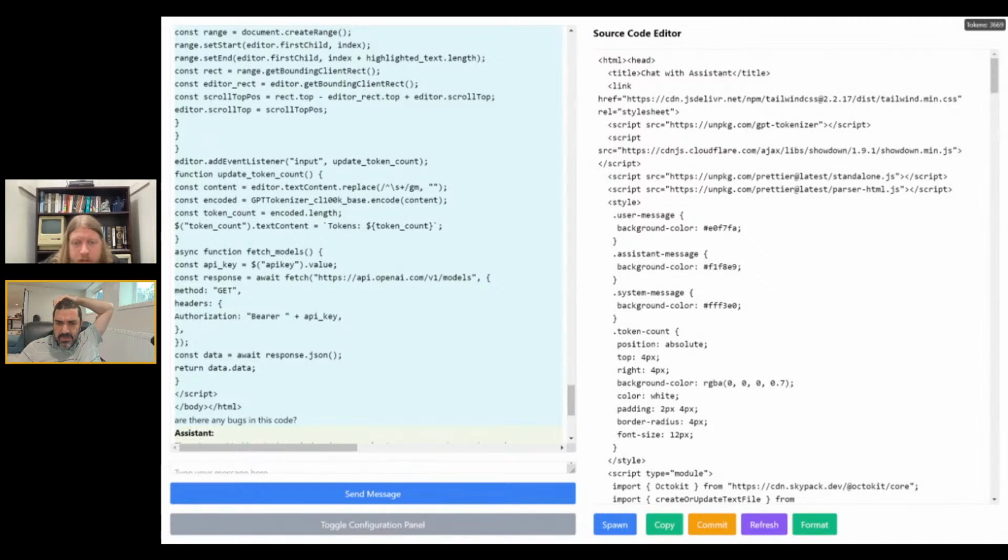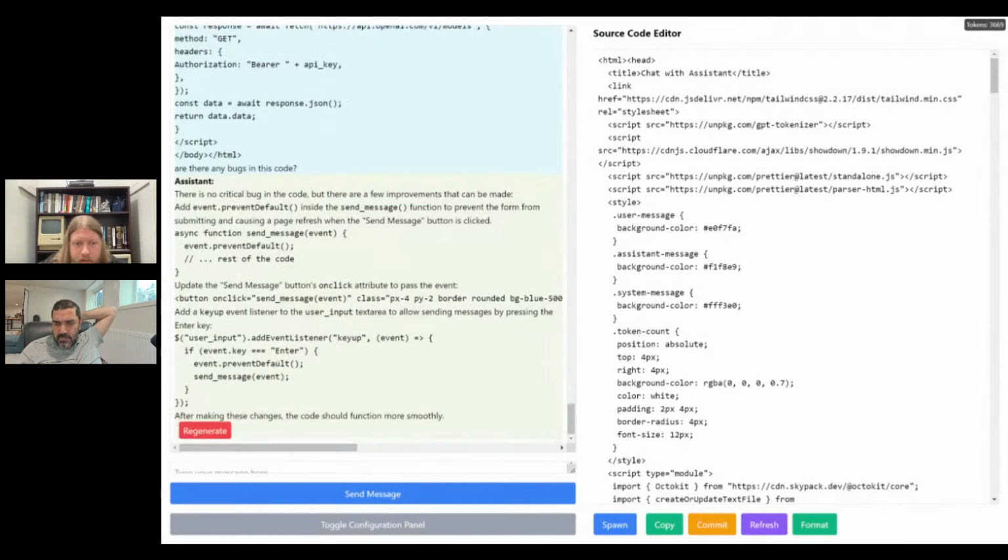Add a holding response from the system whenever a message is sent. So the response should have a timer until either the content is replaced, the response, or there's an error response. Okay, so